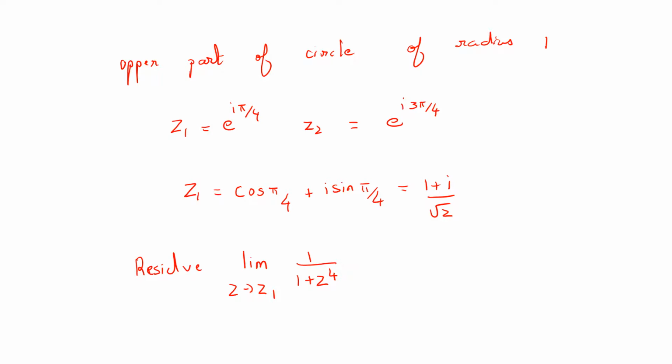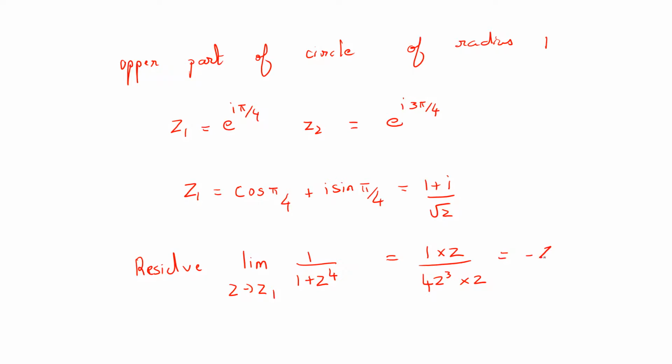So this expression can be written out as 1 by z cube, and this can be written out as minus, so you substitute z going to z1,